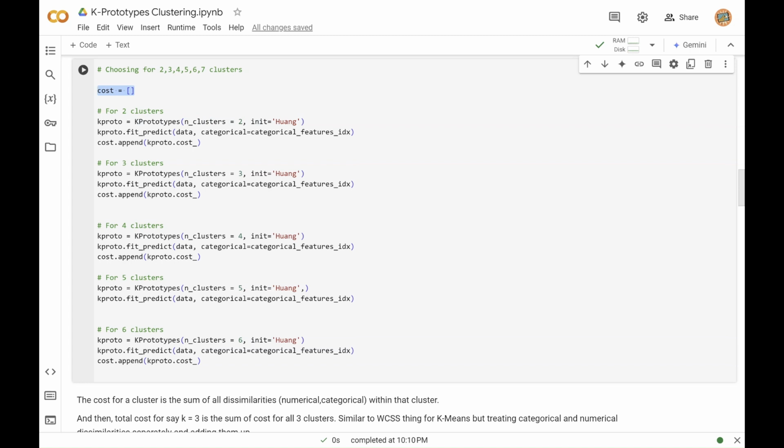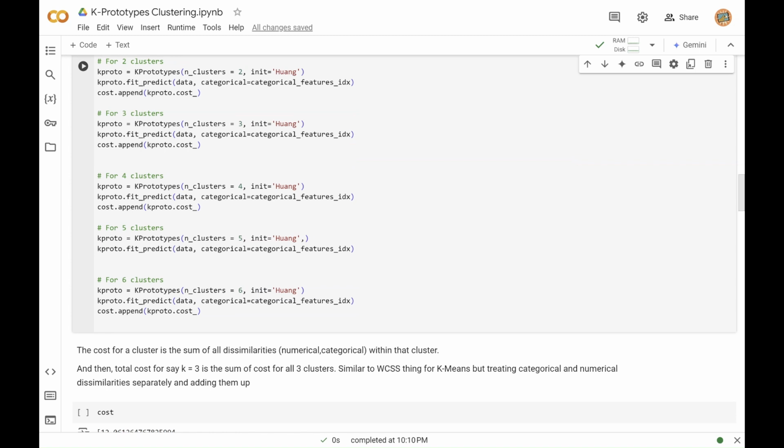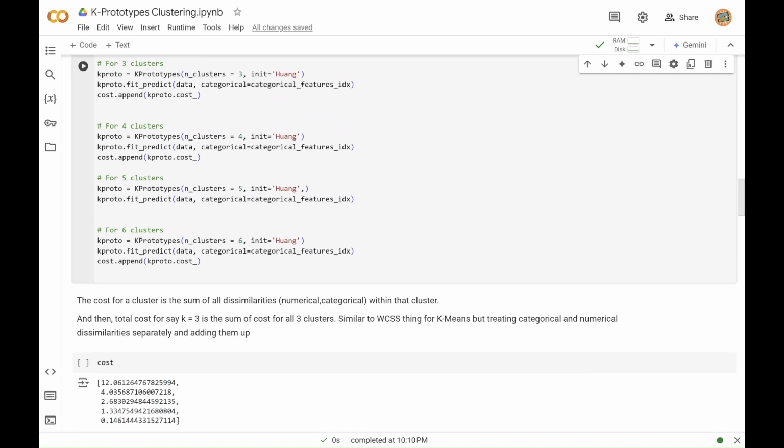You must be knowing the elbow method from k-means. Okay, so we know that in k-means the cost function is the within cluster sum of squares, which basically means that k-means attempts to minimize the distance of each data point from its cluster centroid. And here, because we are dealing with a more diverse metric, our cost function is basically the sum of all dissimilarities within that cluster, which basically means